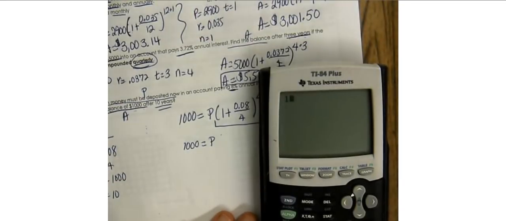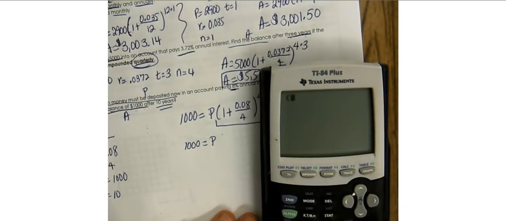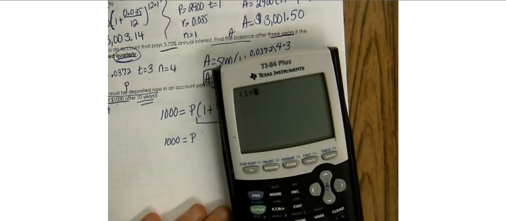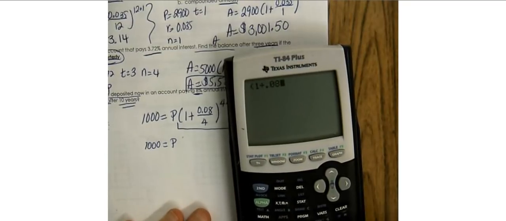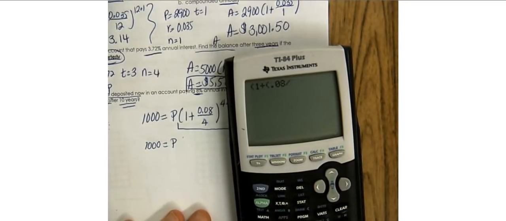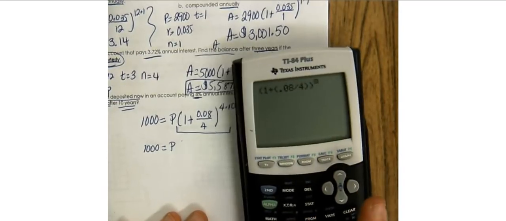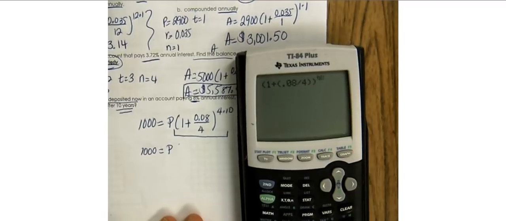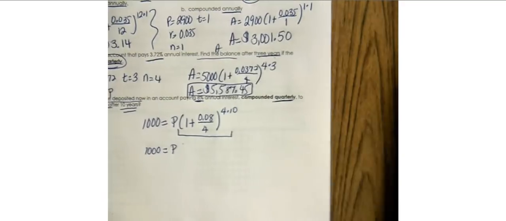I'm going to put into my calculator 1 plus, parentheses, 0.08 divided by 4, close the parenthesis, raised to 4 times 10 is 40, and I have my number. I'm going to write that as 2.208, just so that I have enough decimal places. So P times